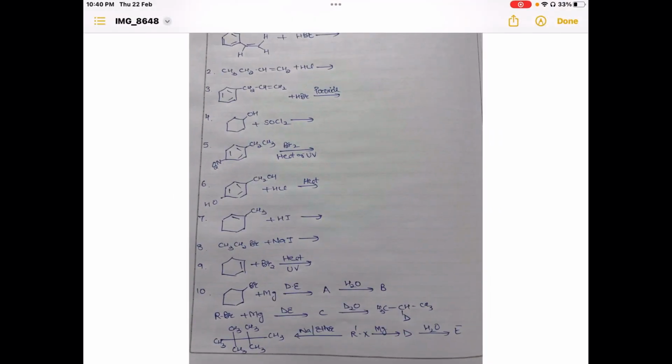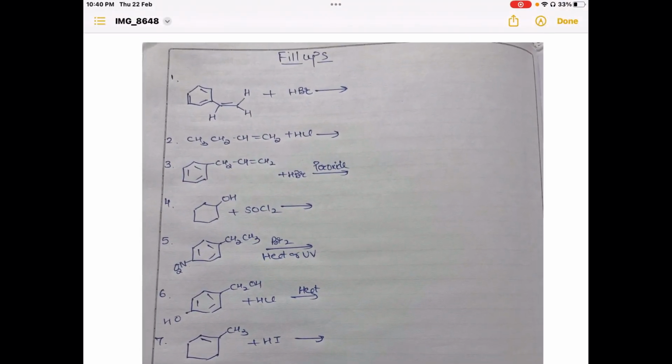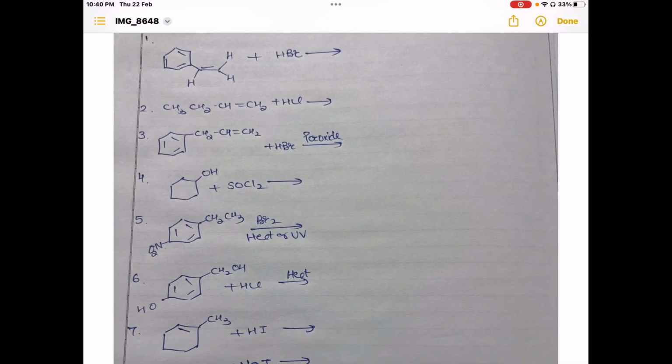Hello everyone, let's discuss organic haloalkanes from NCERT. A direct question of 2 or 3 marks comes from this part. So the very first question, addition of HBr